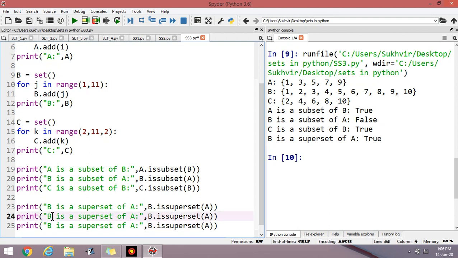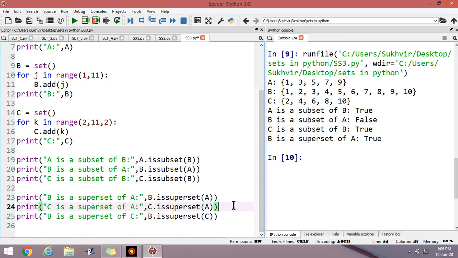Suppose I write, C is a superset of A and B is a superset of C. I have to write C here and B there, and in place of A I have to write C. Let us execute the program again.